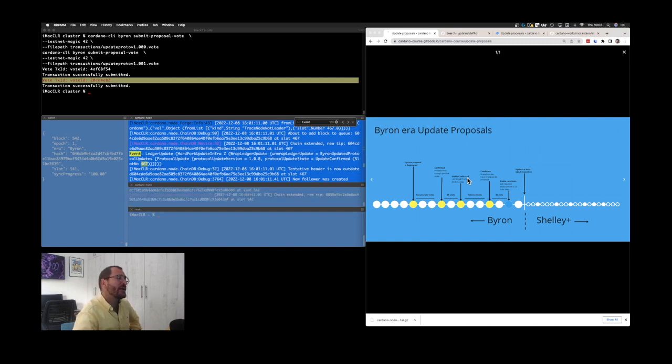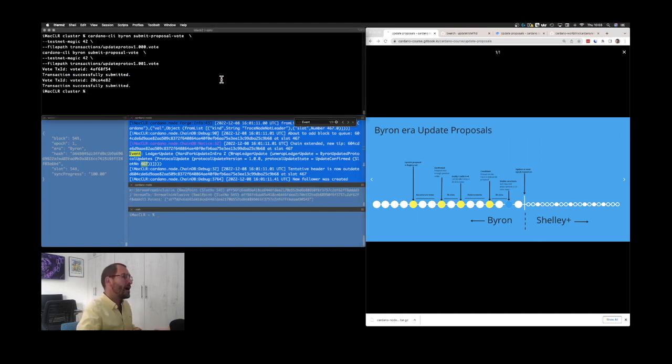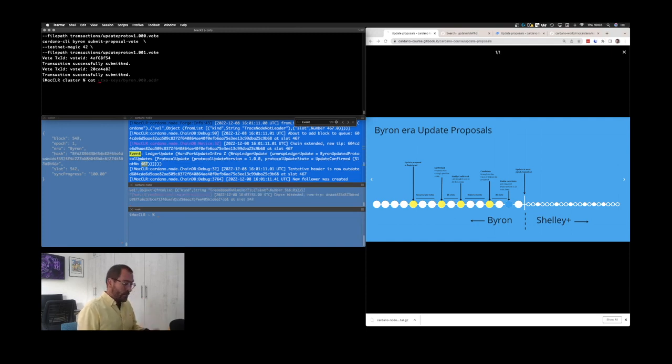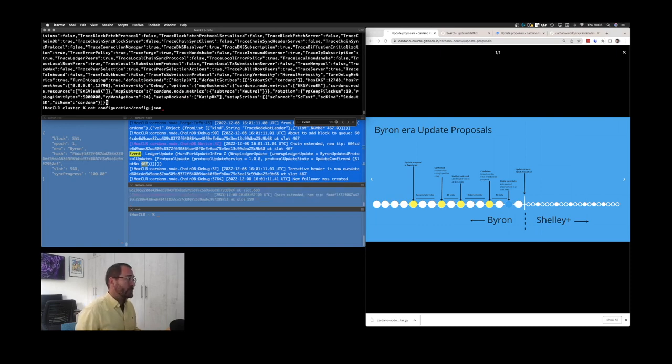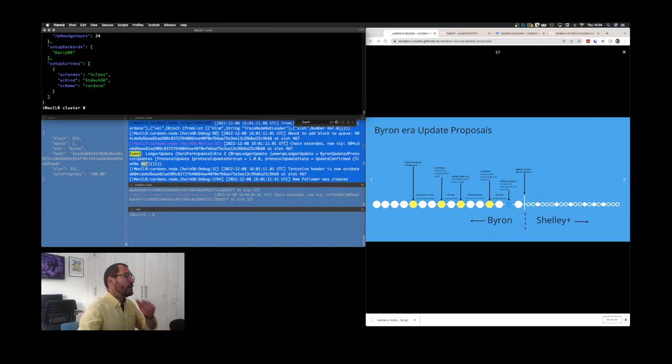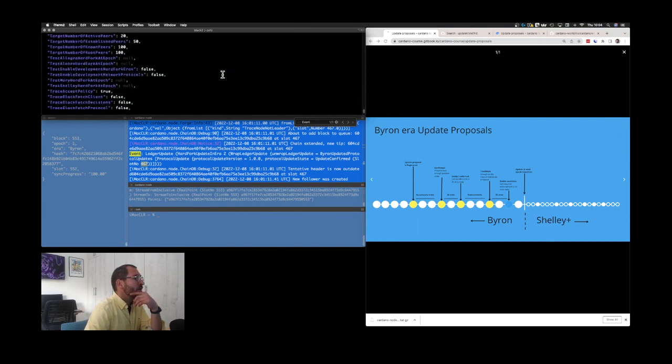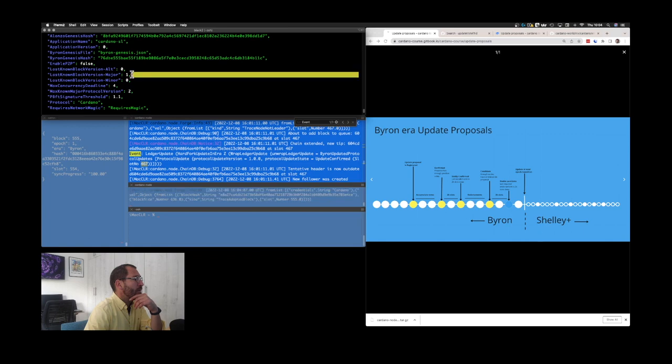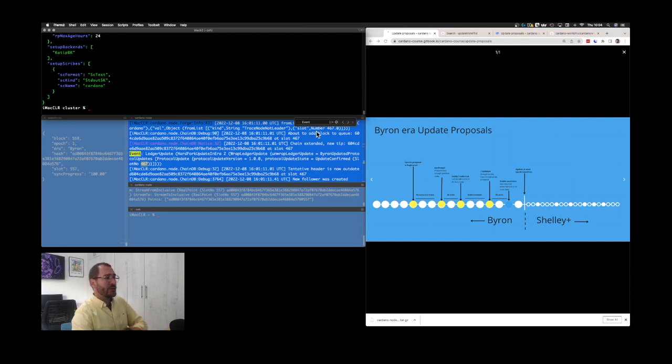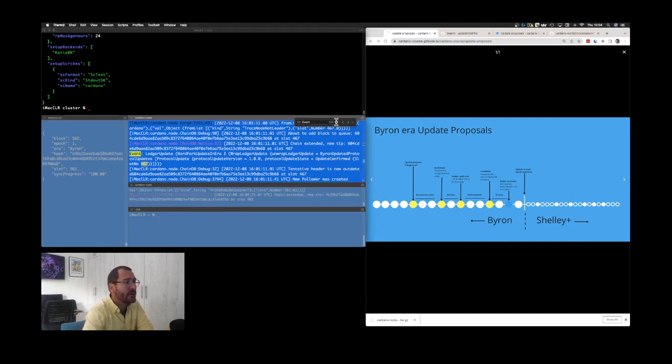But since we have already submitted our votes, and because in our configuration file, this is something that I didn't mention before, let me just make it a little bit nicer with JQ. We are already announcing in our sign blocks that we are ready to move to block version 1. That means that we are already endorsing the proposal. So by slot 557, we should have seen, and there it is,